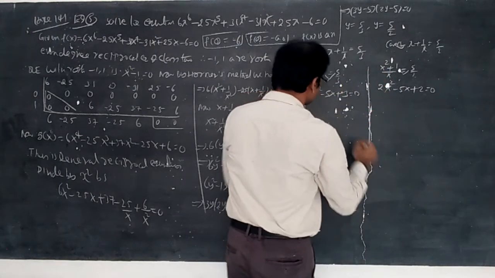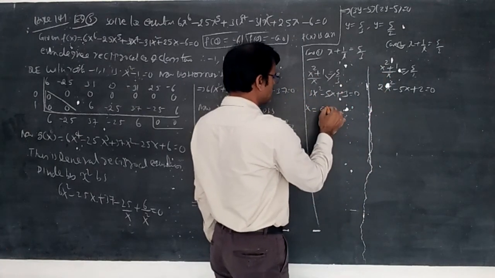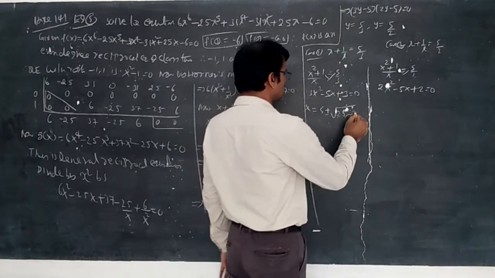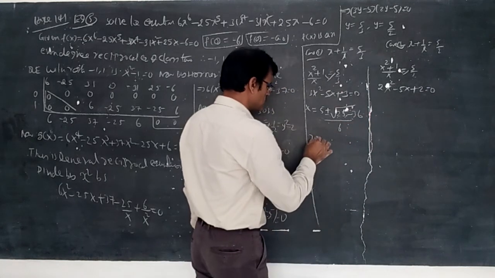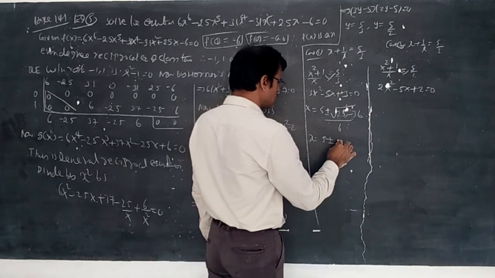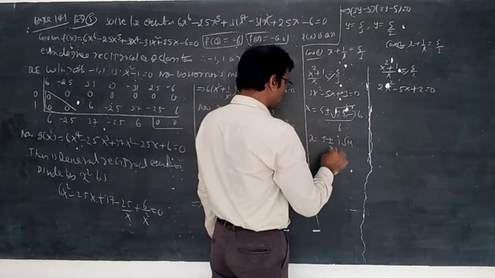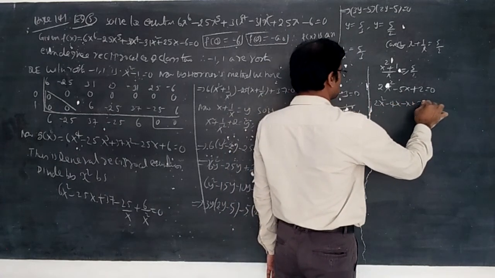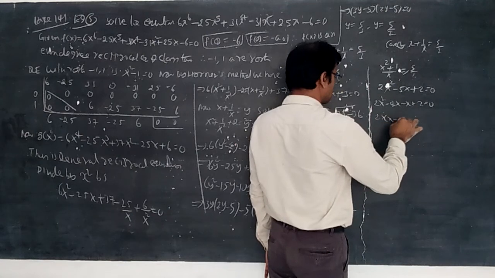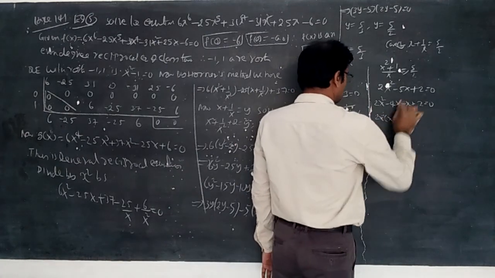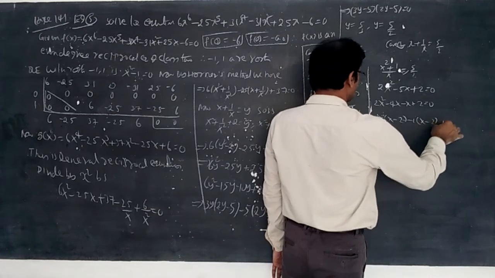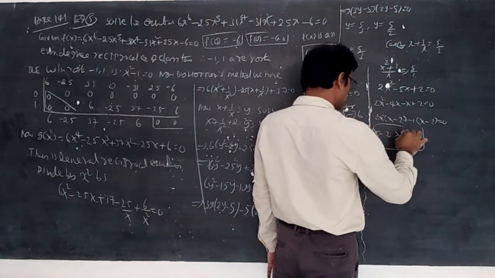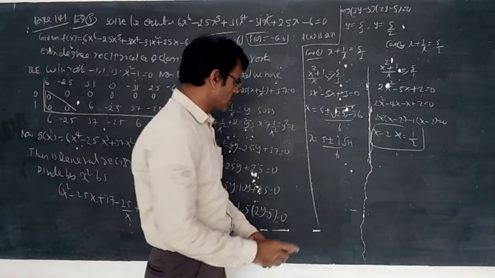Here there is no factors. I think x is equal to minus b plus or minus root b square minus 4ac by 2a goes there, 12 is there, 36 whole by 6. So x is equal to 5 plus or minus i root 11 by 6. Here 2x square minus 4x minus x plus 2 equal to 0. 2x taken common, x minus 2. x minus 2, minus 1 taken common, x minus 2 equal to 0. So x is equal to 2 comma x is equal to 1 by 2. It is indicating that the roots are reciprocal.